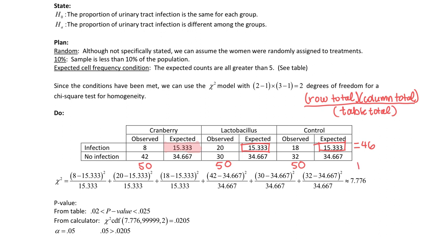We also know that there were 150 total women in this group. So the way they calculated this number, and then all 3 of them actually, the row total was 46, and then that would be times the 50, and that would all be divided by 150. And that's how they got the 15.333. They did the same thing with the next row to get these